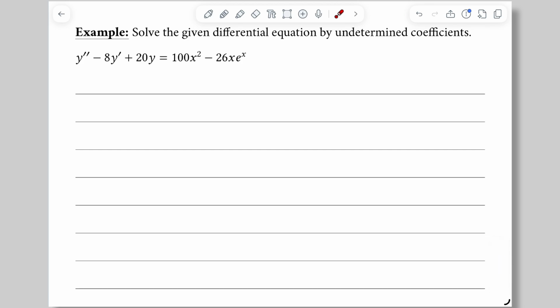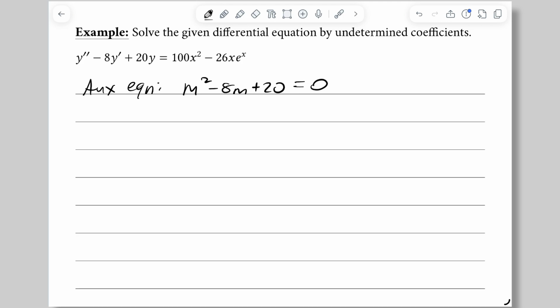Here we have the differential equation y double prime minus 8y prime plus 20y is equal to 100x squared minus 26x e to the x. This looks pretty innocuous, but it's going to turn out to be rather involved. We do start out first with the auxiliary equation, which in this case is m squared minus 8m plus 20